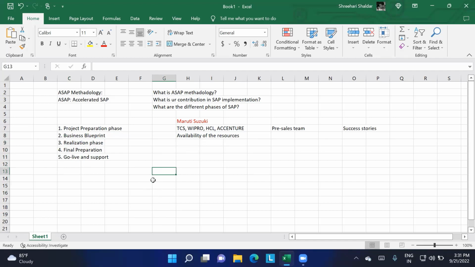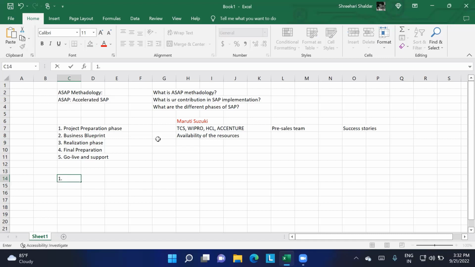So first, what is implementation? Implementation is nothing but setting up a plan, tasks, or activities, and we process it through different phases, reaching the final goal. What is our final goal? The final goal is to implement SAP. That's it. But within the implementation, we'll have step-by-step procedures. These are the different phases we are seeing now.